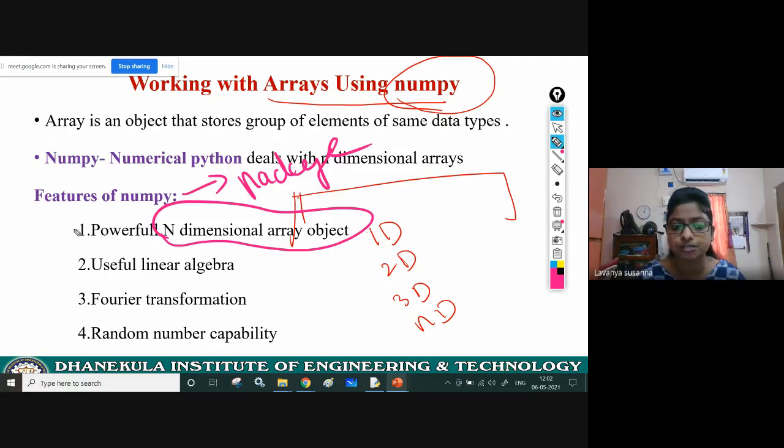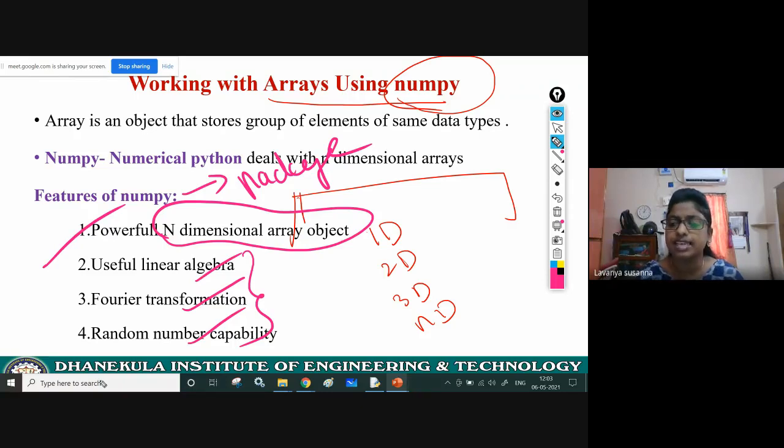The first feature is that it is very powerful. You can create n-dimensional array objects using NumPy, like 1D array, 2D array, 3D array, and so on. Also, you can do scientific calculations like linear algebra, Fourier transformation, random number capability. All these things are available using NumPy.